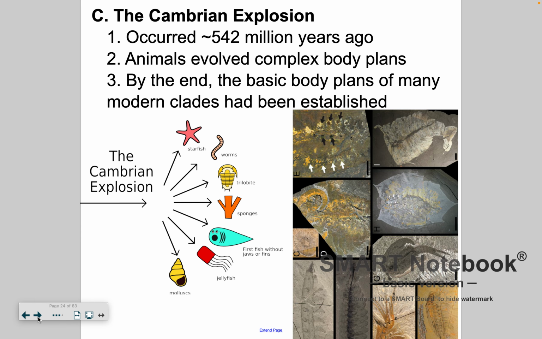Starfish appeared, worms, trilobites, sponges, fish without jaws or fins, jellyfish, mollusks. Some of these organisms, we still see very similar body plans today. And so by the end of this period, modern clades have been established. Now there are lots of reasons why the Cambrian explosion occurred. I think oxygen concentration levels was one, and temperature too, but I'm not sure if your book goes